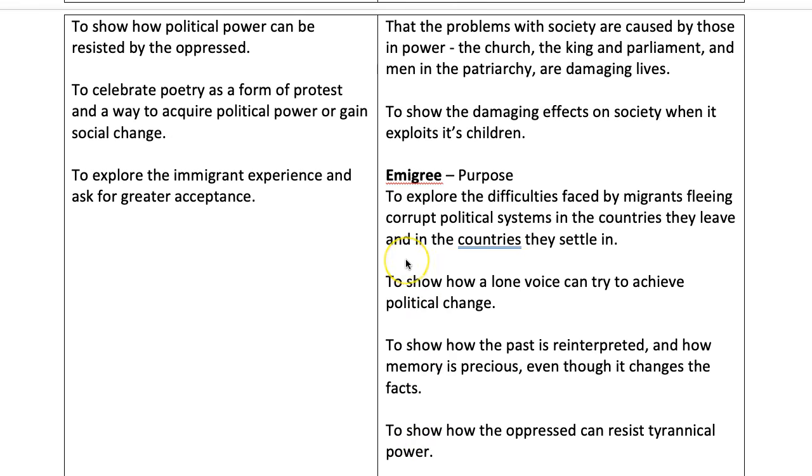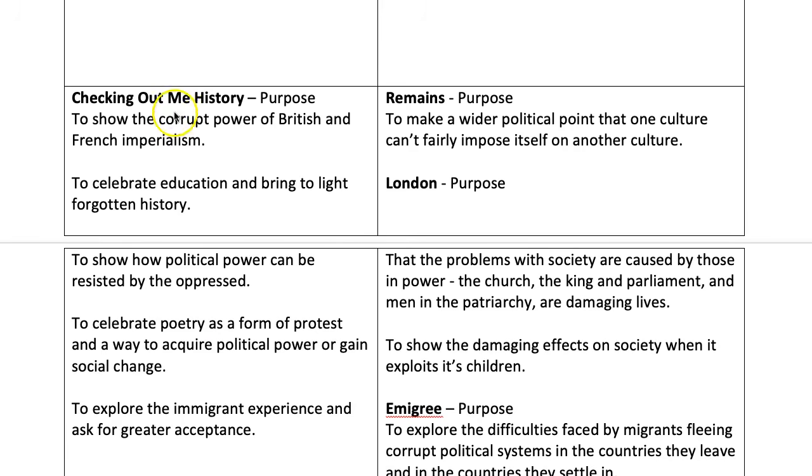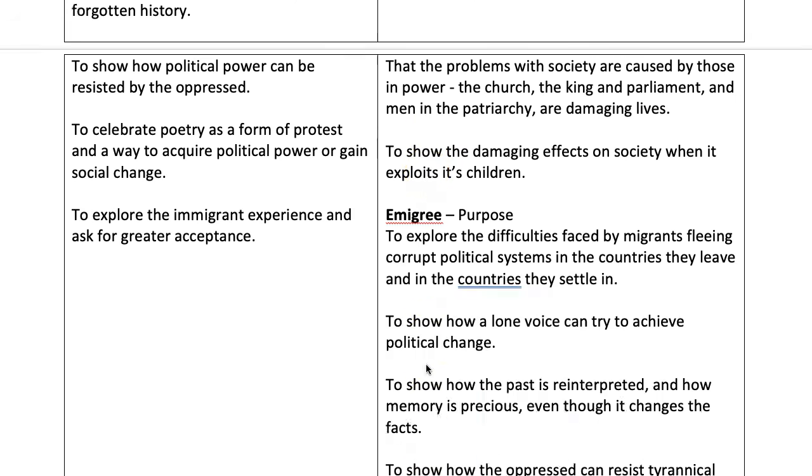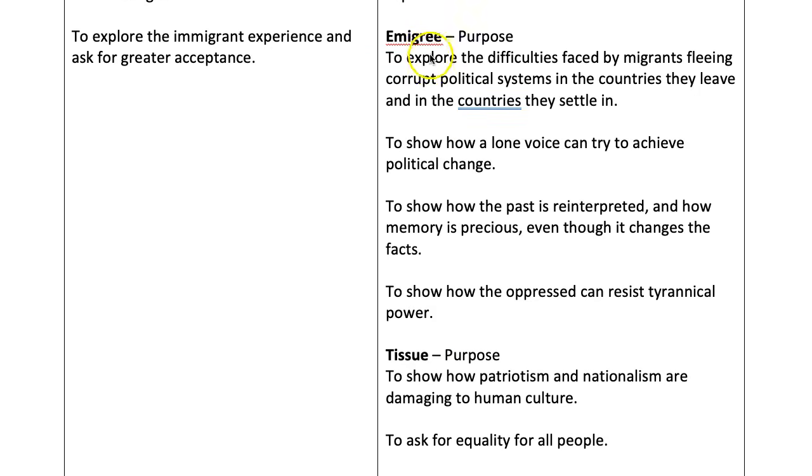Now, because I can already talk about the structure and form of this poem, I can afford to compare it to Emigree if I want to. Yeah, I definitely need that with one poem. I'm still personally going to play safe because London has a much more visible form and structure I can write about. But as you can see, there are so many points we could make comparing it to Emigree that, to be honest, you'd probably write just as brilliant an essay comparing it that way.